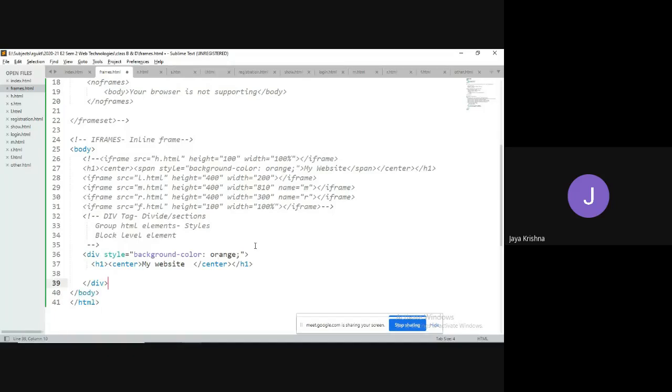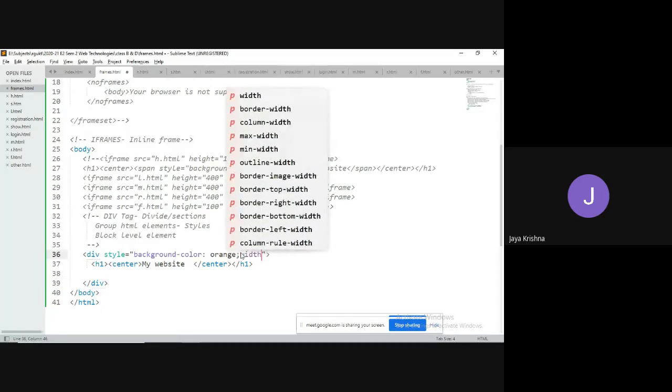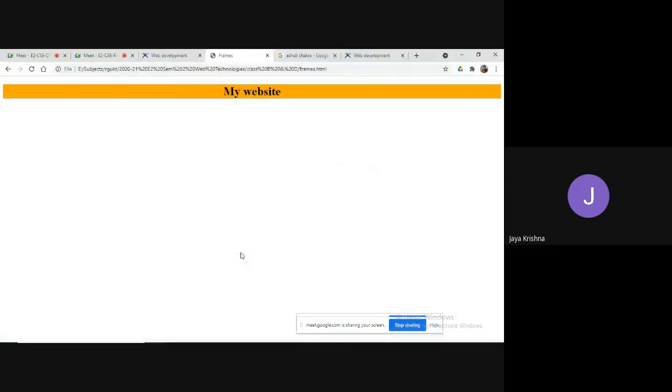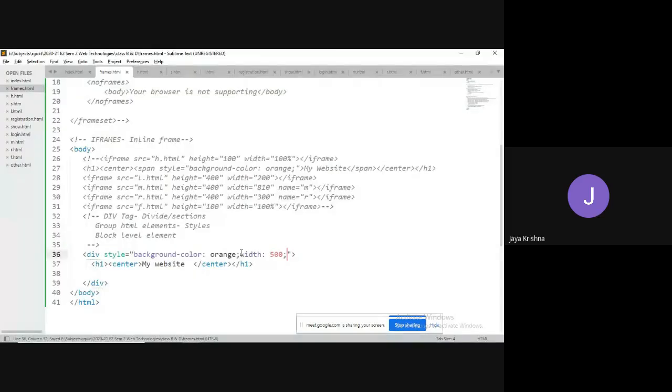So if you wish to set the width of the division, I can set it like width equal to 500 pixel. What happened here? Yes. So that width I need to define like this, right? So inside style. What happened?